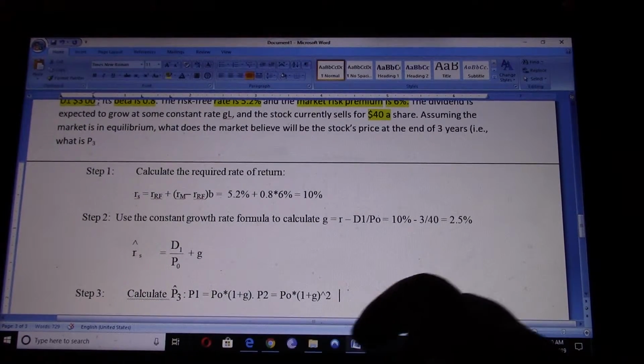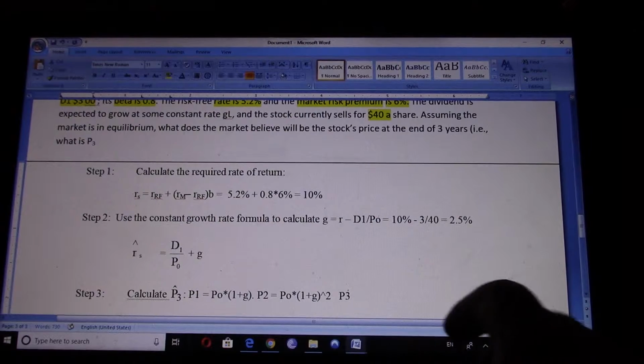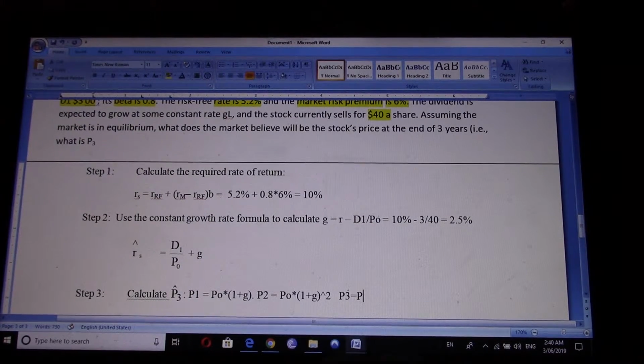And P3 would be increasing at the rate of G again from P2. So it should equal to P0